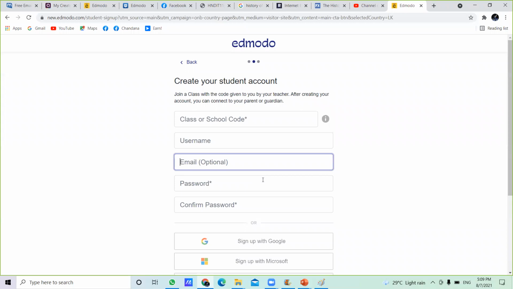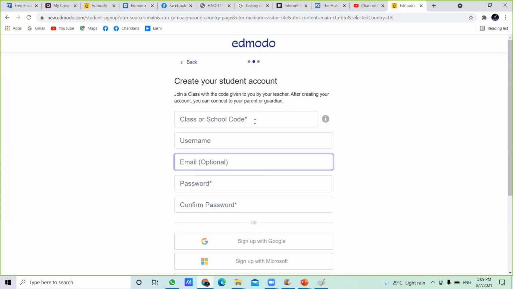Once you click the next button here, look at the screen. Here they are asking some questions. The very first one is the class code or school code. This class code is given by your teacher. That means I will give the class code to you.